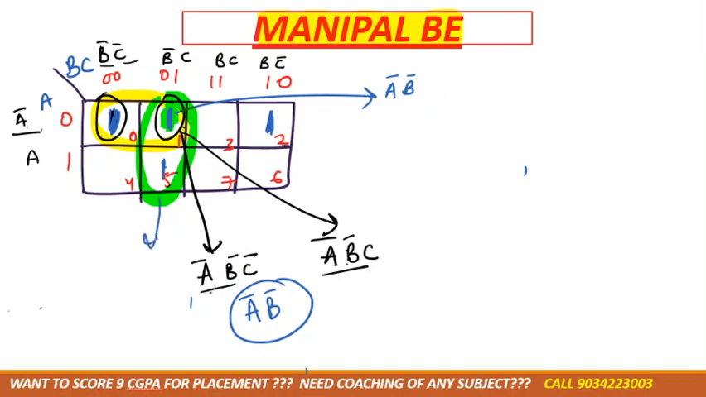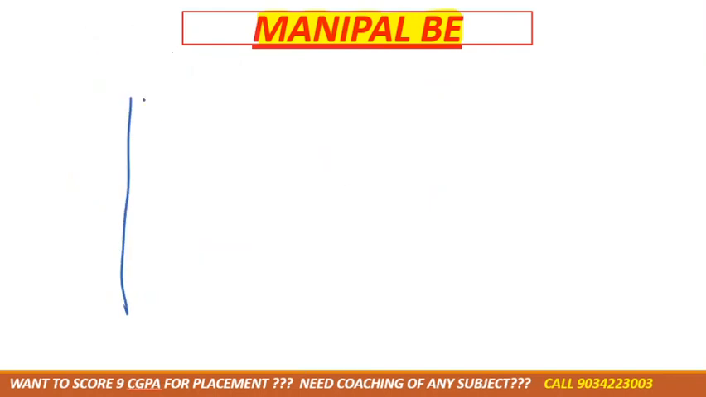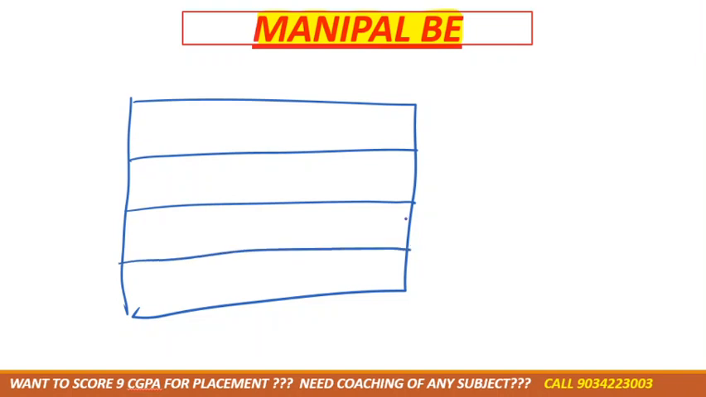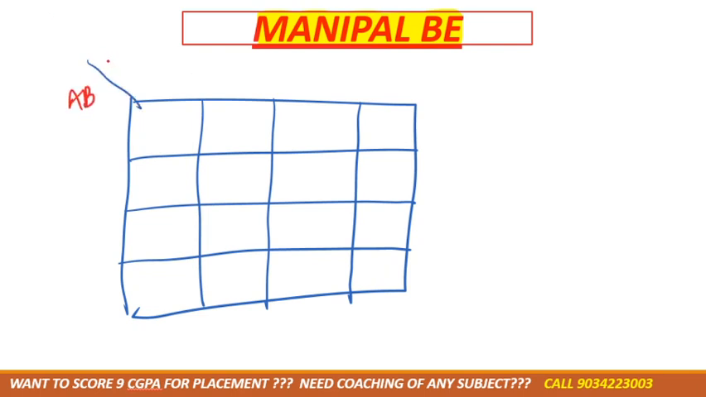For the green one it is B bar C, and for the purple one it will be A bar and C bar, right? Now I am giving you the next one for 4 variables, because you need to practice mainly for the 4 variable. Like as I told you, it is AB and